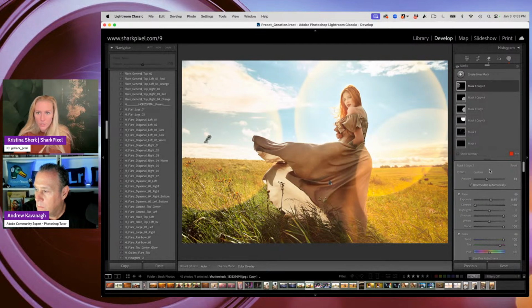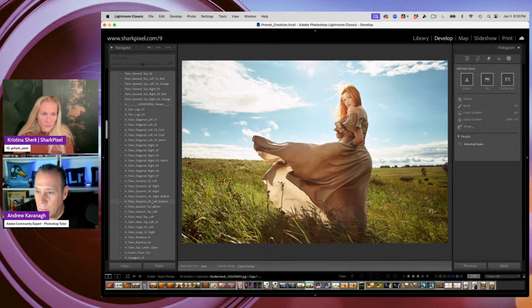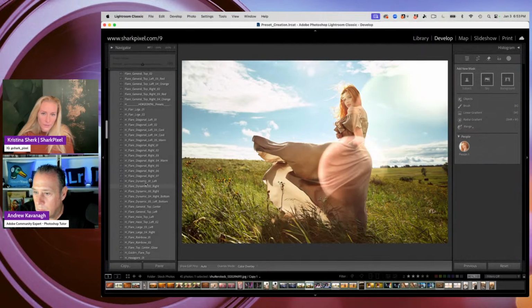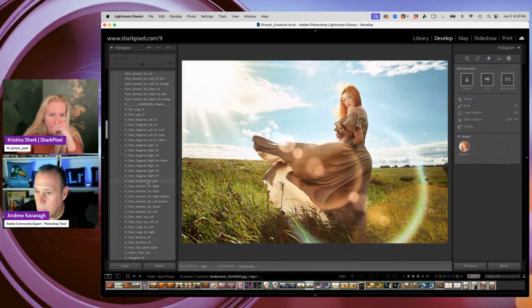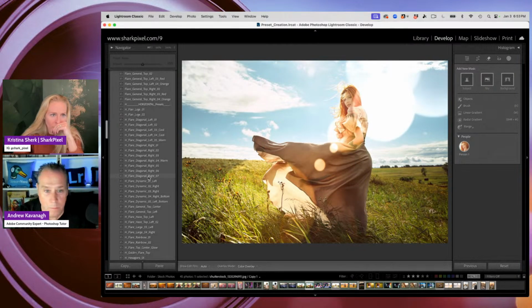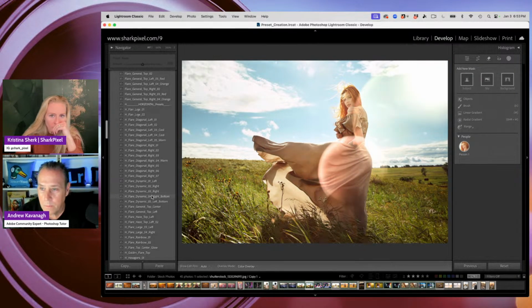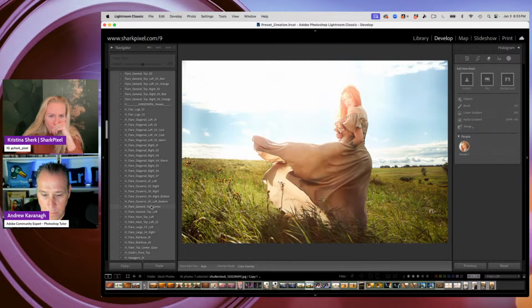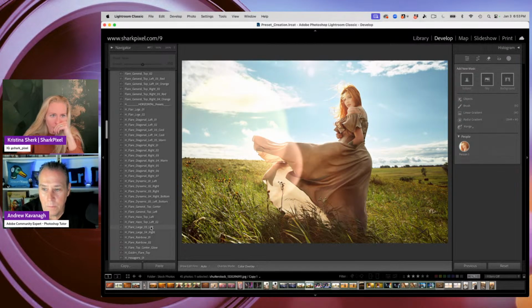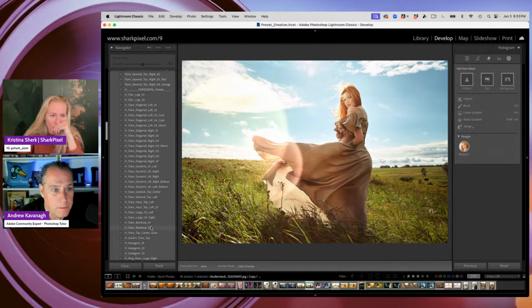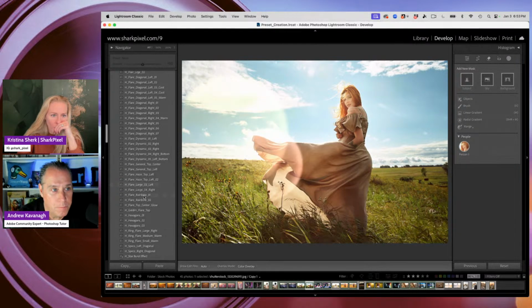So I'm going to just reset these masks real quick and come down here. I think the other one that I gave you is the rainbow. I think I'm also giving you guys one of the rainbow crescents as well in the free set. And then I know that I'm giving you guys the hexagonal. So let me find I think one of these